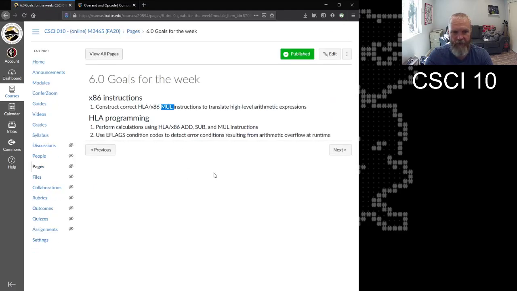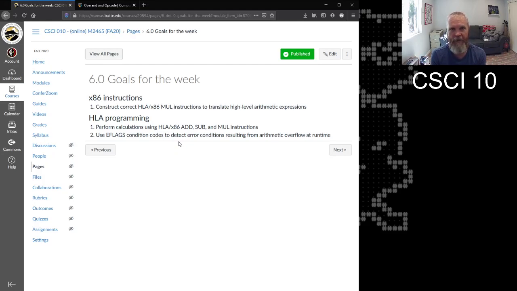So that's the main thing. We're going to add the x86 multiply instruction, and then we're going to get a little bit of extra practice doing additions and subtractions, adding in multiplication, and then also detecting when errors happen. Because at the assembly level, at the processor level, as we talked about last week, adding or subtracting or multiplying things can lead to errors, because you may get a result that's negative when you're using unsigned numbers, which can't be, or too big for the destination register.